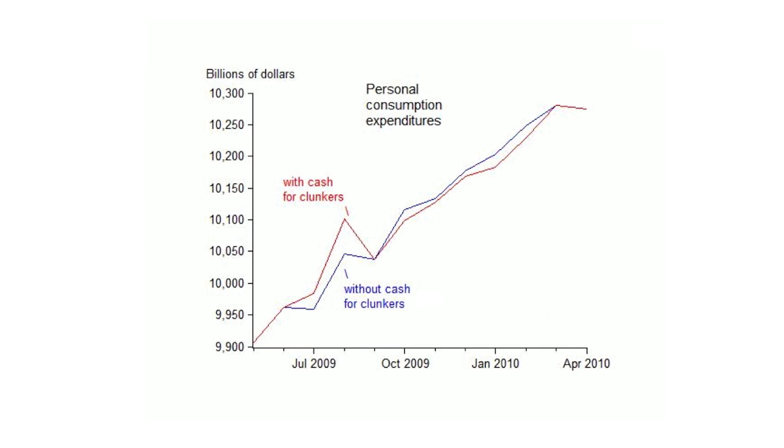This is a blown-up picture of what happened with the cash for clunkers, and you can see it did have a small impact relative to the overall economy, but very short-lived. It didn't really help the economy for very long, and moreover, it kind of reversed afterwards. The red line shows you how much personal consumption expenditure it was with the cash for clunkers, and the blue line is what it would have been by our best estimates without cash for clunkers. And you can see the red's a little higher than the blue early on, but then reverses later. So mainly a bringing forward of spending for a while from the future, but by a relatively small amount. So these are some of the differences of opinion.